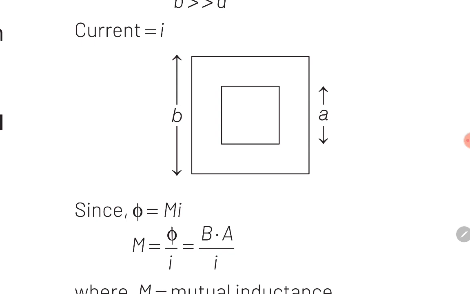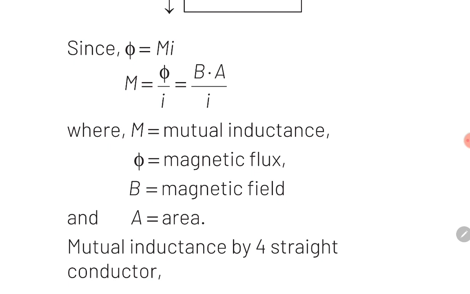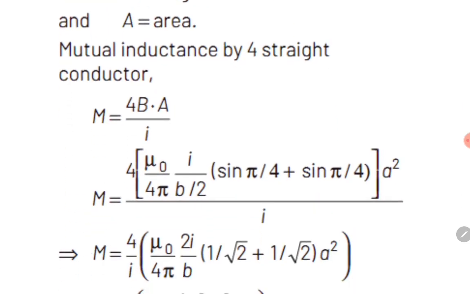Guys, this mutual inductance M will become equal to phi upon I, where phi can also be written as B into A. Guys, in this final equation, B is magnetic field due to the larger loop, and A is area of the smaller loop because we are calculating flux through this smaller loop. Now guys, to calculate B here, we'll use the formula of magnetic field due to finite current carrying wire. This formula is mu naught I upon 4 pi r into inside the bracket sin theta 1 plus